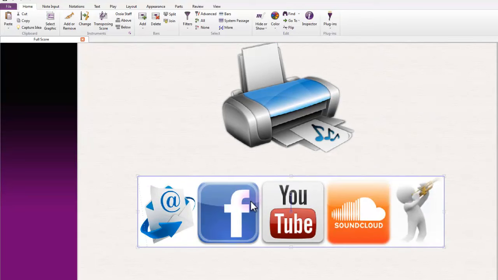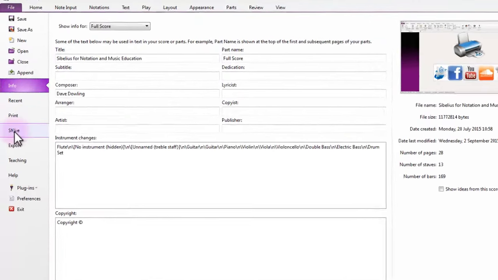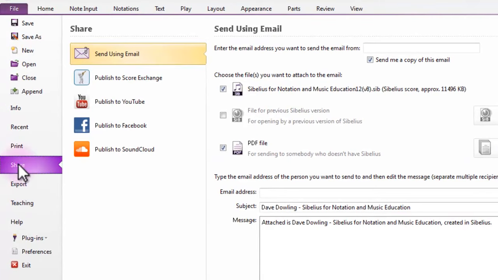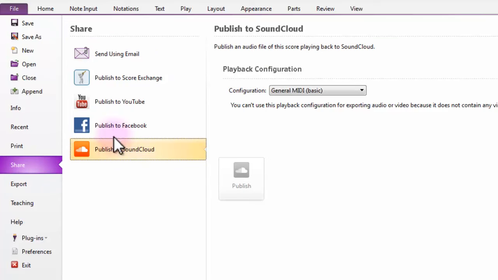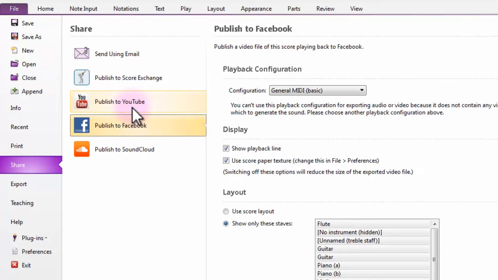Just to look at the sharing features quickly as well, because they're closely related. If I head back to the File tab and Sharing area this time, which is just above Export, and if I start at the bottom here, we've got some options for SoundCloud, Facebook and YouTube. And what they'll do